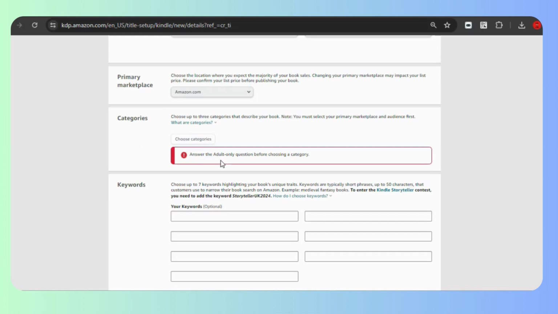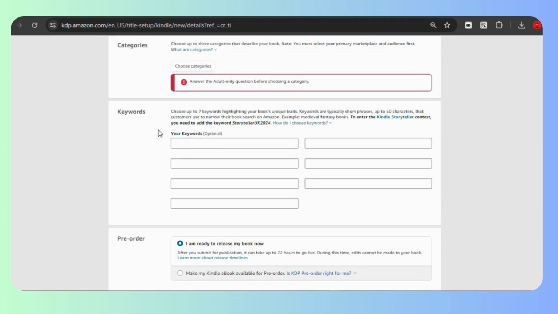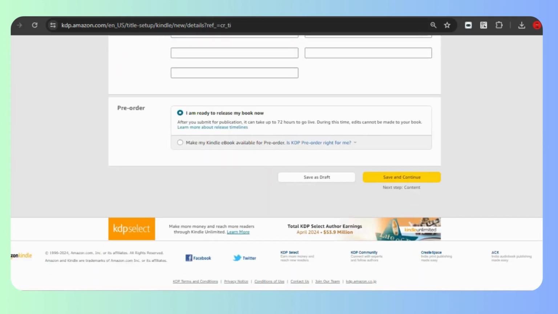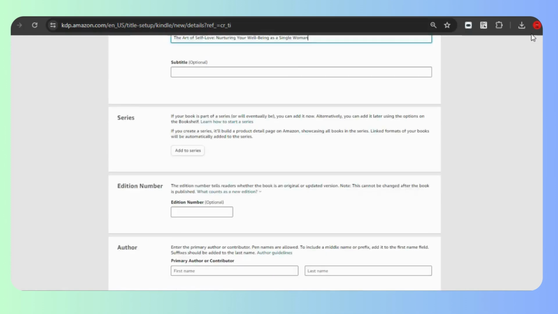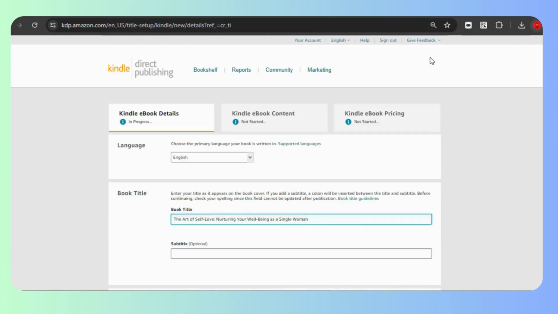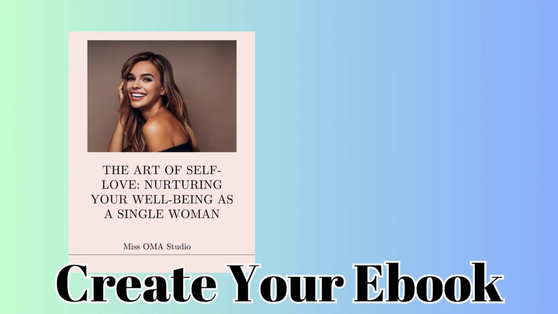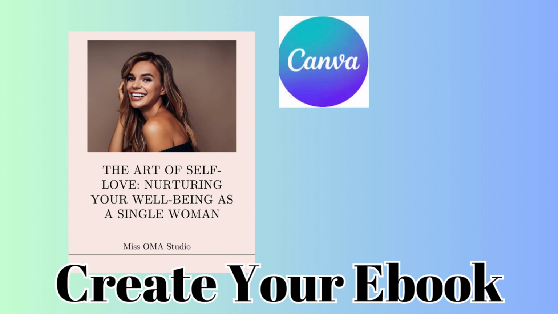Use the Kindle Previewer tool to see how your ebook will look on different devices. Choose where you want to sell your ebook. Set the price for your ebook. Amazon will show you the royalties you earn based on your price. Review all the details and click Publish your Kindle ebook. Your ebook will be live on Amazon within 72 hours. By following the steps, you can create a professional-looking ebook using Canva and sell it on popular platforms like Etsy